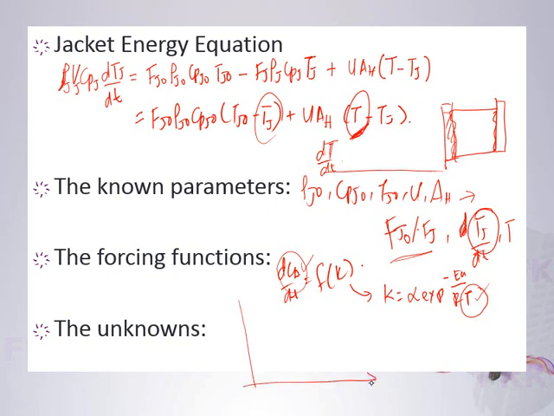you draw a graph. Okay, now you have dV on dt. You have dCA on dt. You have dCB on dt. Right? You have dTJ on dt. And you have dT on dt. Everything, the denominator is time. This is time. So you do this. Okay, now you plot the graph. So you have volume,